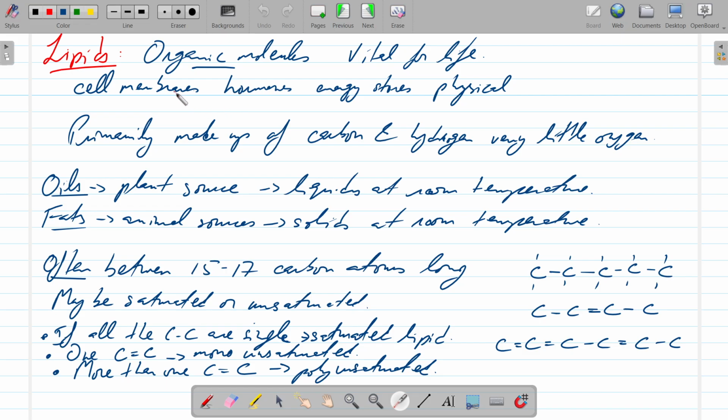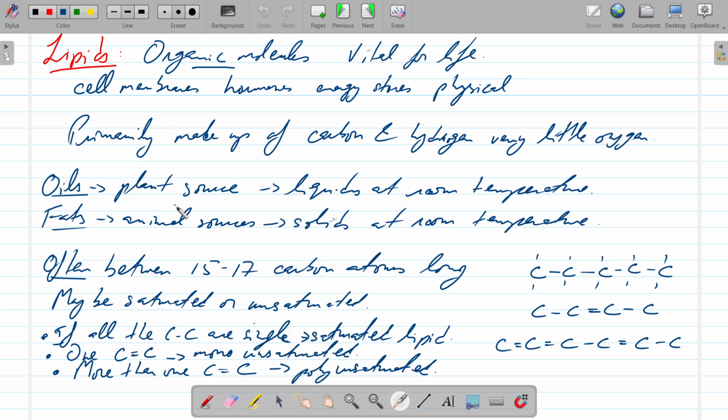They form structures such as the cell membrane and hormones, they are energy stores, and they also have physical roles, such as our lips being primarily fats. They are made up of carbon and hydrogen because they are organic molecules. There is very little oxygen, basically only in the carboxyl group of the fatty acids and the OH groups of the